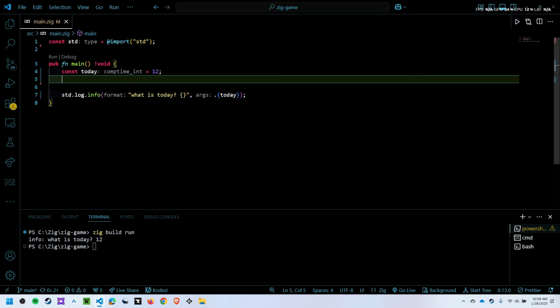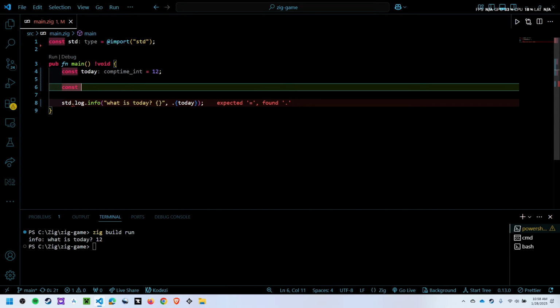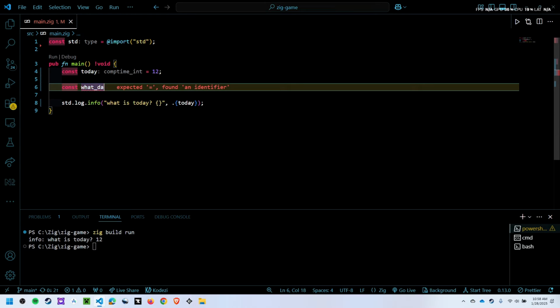You can also do variables and strings, so let's go ahead and do that. We're going to have const, and we're going to make a variable name. Don't make a variable name like what I'm going to do right now, because it kind of is pointless. But what I'm doing right now is just demonstrating for people to understand a little bit better. So I'm going to call this variable name what day is. It's in snake camel case,